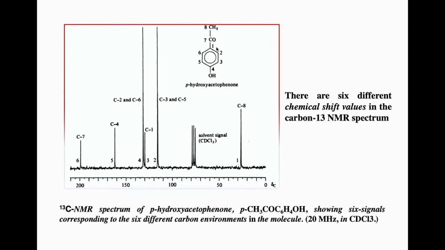And when you try to record the carbon-13 NMR of this particular para-hydroxyacetophenone, what you see is that different carbons are resonating at a different frequency. So all these things, if you look at further details, this was placed in a magnetic field frequency of 20 megahertz, but if you see, all these things are not resonating at that frequency.